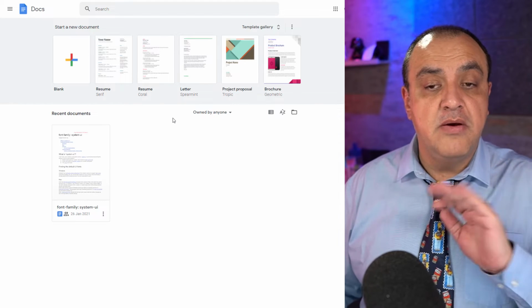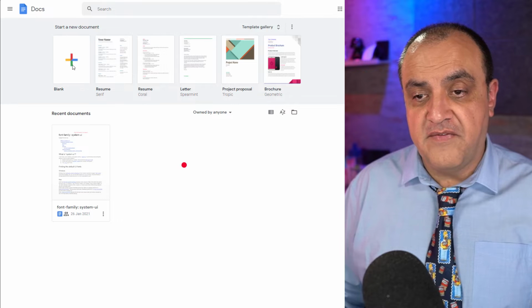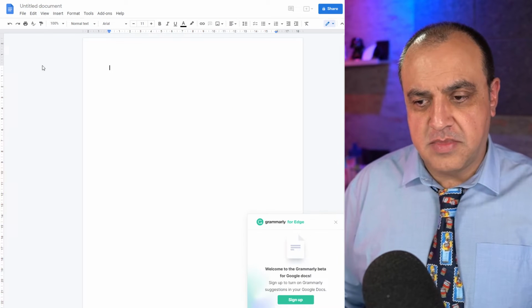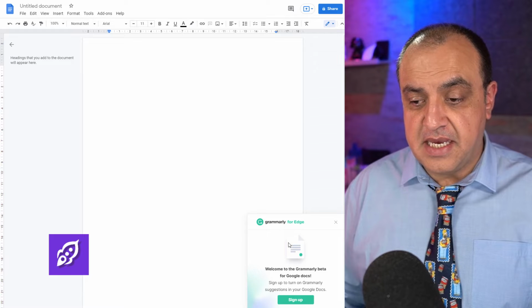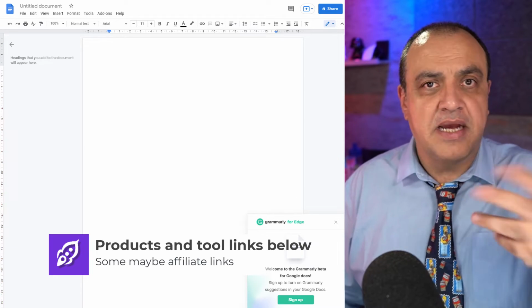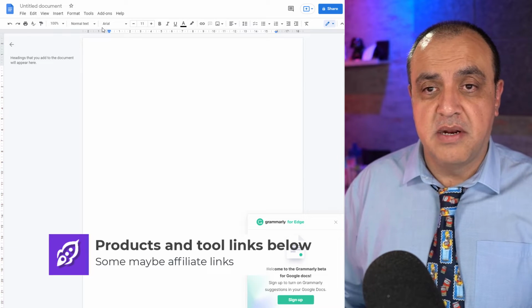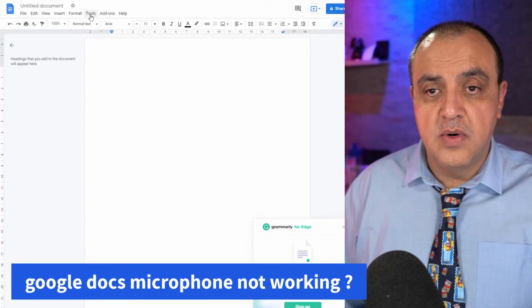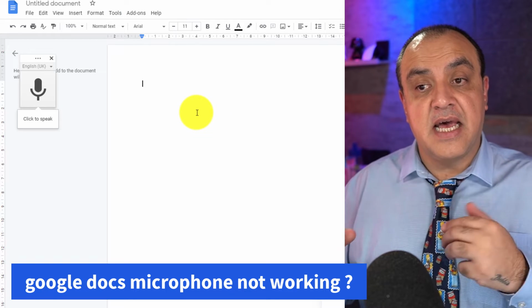Now, the first time you use it, if you haven't used voice on Google Docs before, if I just replicate somebody going there for the first time, the pop-up box, you won't necessarily see this. This is Grammarly. This is a third-party tool for correcting spelling. I'm actually dyslexic, so it helps with the spelling and stuff like that. That's why I like this tool. It's absolutely brilliant. So if we go to Tools, Voice Typing,